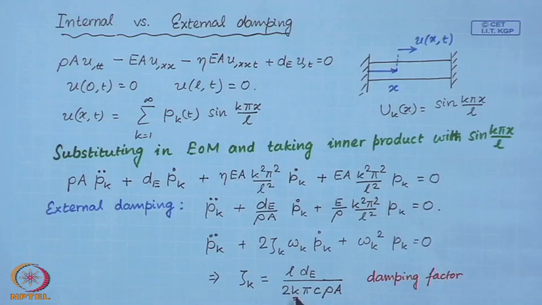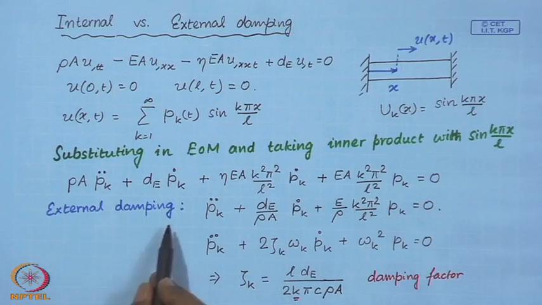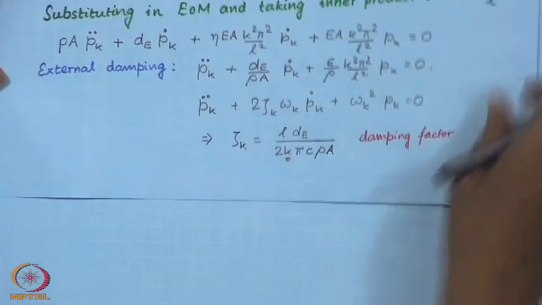So, which means that for high values of k, this damping factor actually is very low, which tells us that external damping is inefficient in damping out higher modes. So, higher modes are damped less compared to the lower modes. We will look at the reason for this. Now,